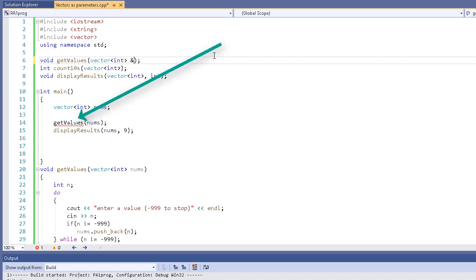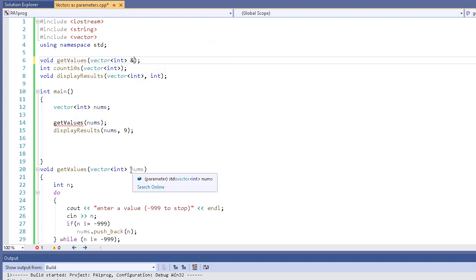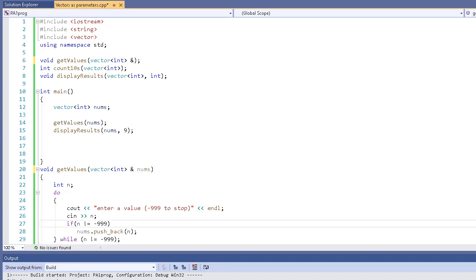Now we get a squiggly down here because our get values, the way we have it written, is not set up to be a vector. So let's fix that. We'll say this is a reference called nums. Now that's all we changed. We'll run the program again. Now that we've got our vector as a reference,